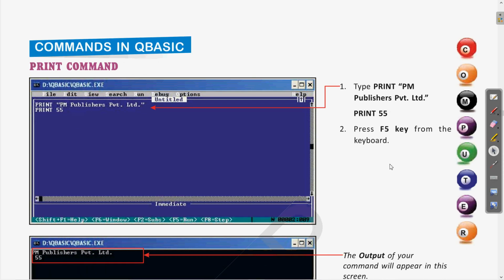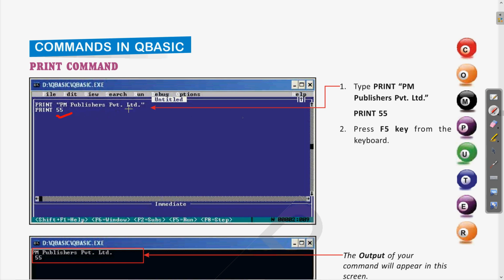For each of these commands which we use in QBasic we have done it practically and seen the output also. If we see the print command, if we are writing any text, any string, the string is written in double quotes, clear, and any number is written without the quotes, clear.